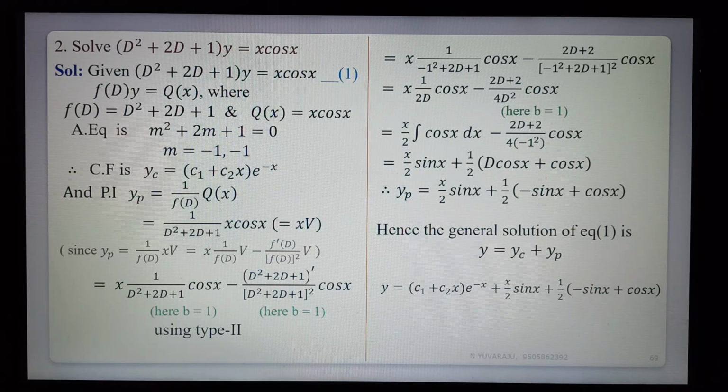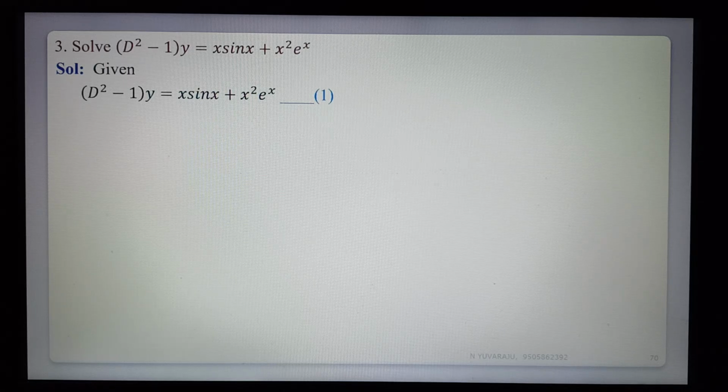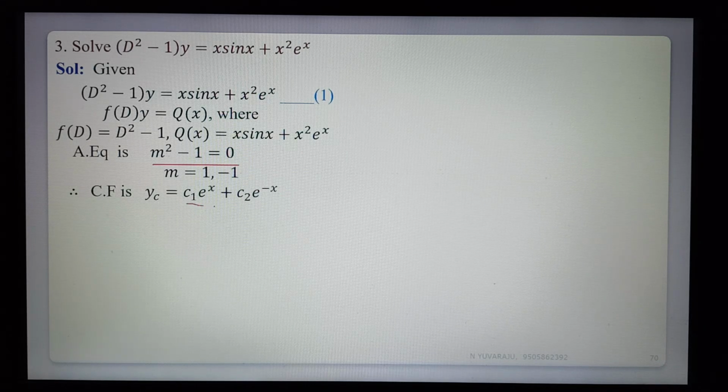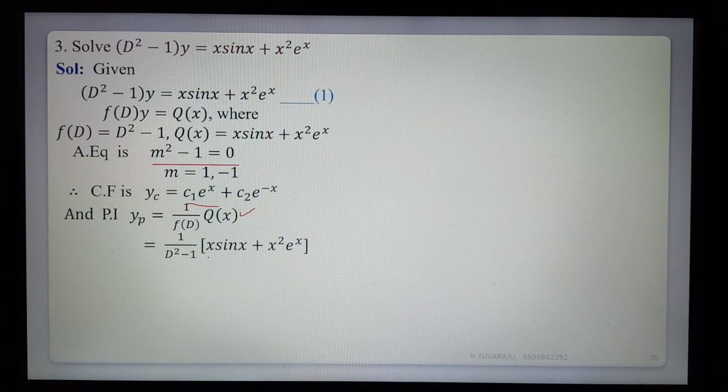Okay, see the next example. (D² − 1)y = x sin x + x² e^x. So given f(D)y = Q(x), first finding the complementary function, take the auxiliary equation m² − 1 = 0, m = ±1, that is 1, −1, real and distinct roots. So the complementary function is c1 e^x + c2 e^(−x). Now finding yp, 1/(D² − 1) of x sin x + x² e^x,